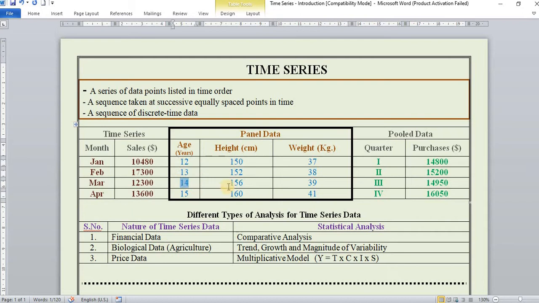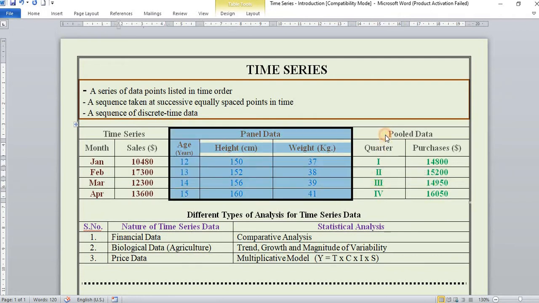At the age of 14, height is 156, weight 39 kg. And at the age of 15, the height is 160 centimeters and weight is 47 kilograms. So at a particular age, there are two pieces of information coming together. So we call it panel data.